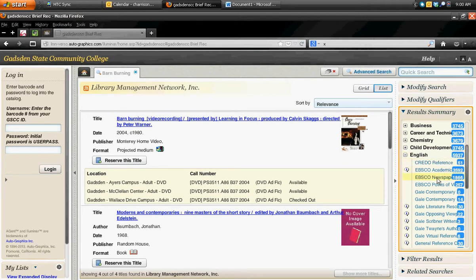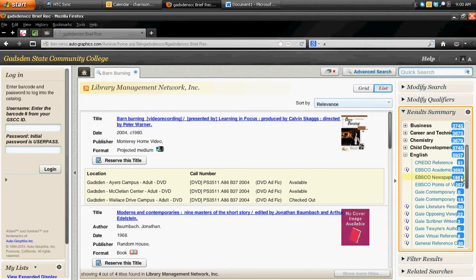And if you'll see here, each one of these is an individual library. I would recommend EBSCO Search Premier is a good one. EBSCO Newspaper Source is a good one. That's where you can find your periodicals, by the way. Also, Gale Literary Resources is very, very good. Just use your common sense here. Some of these are obviously dedicated exclusively to research, literary research. EBSCO Academic is a little bit broader. It's going to have a few periodicals, but those are probably my two favorite.